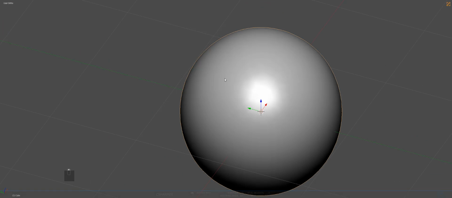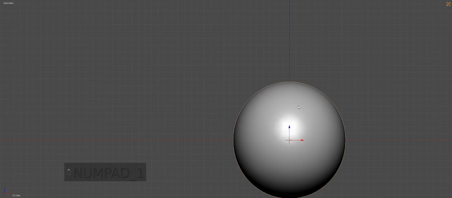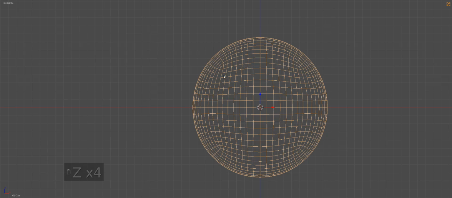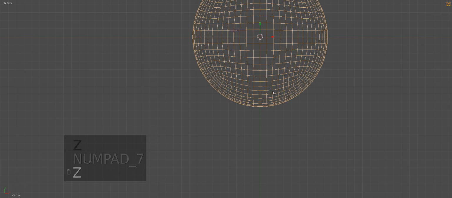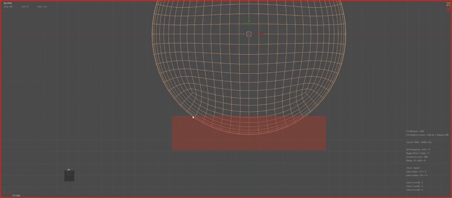Since there's no edges that meet the edge threshold, there's not going to be any sharpening done, and thus no beveling. However, if we just come to the front here,